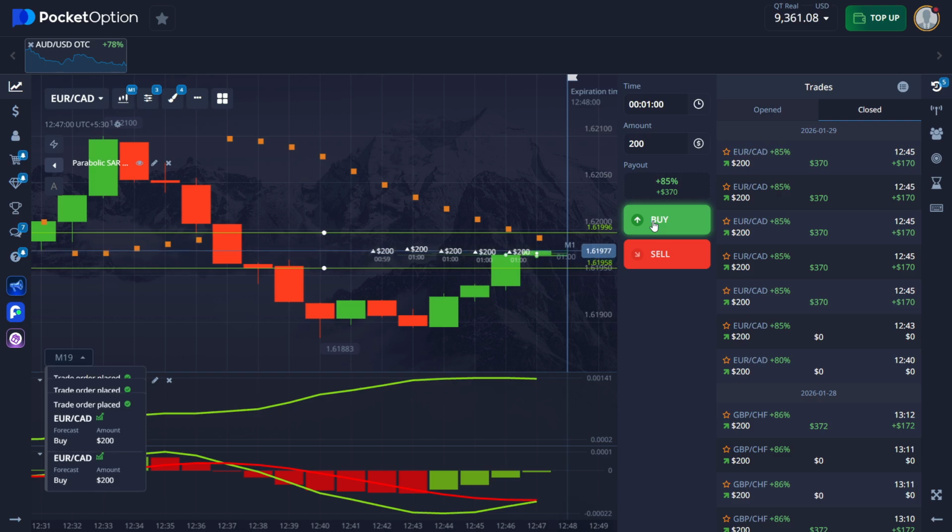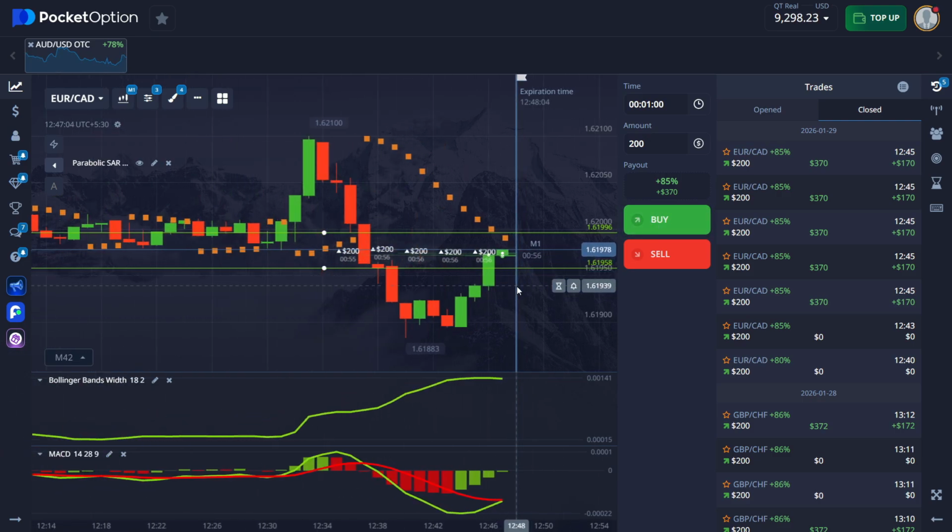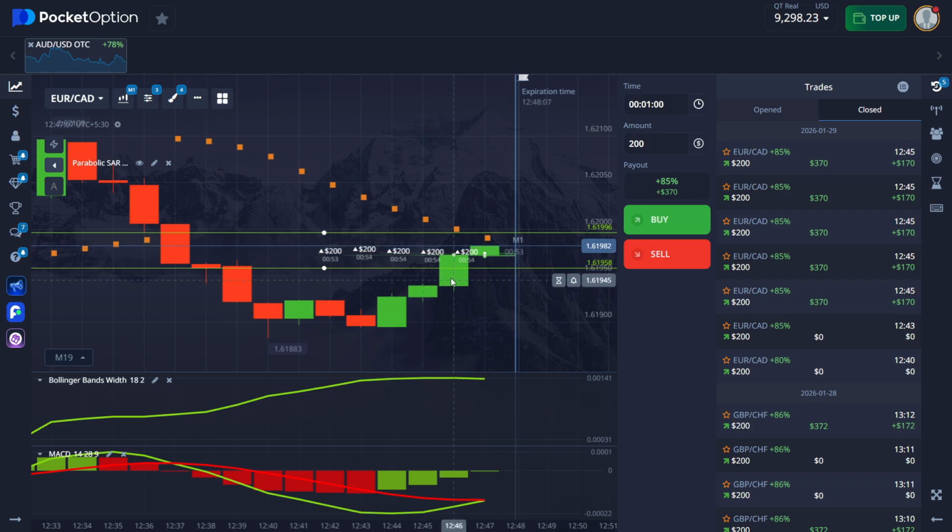All right, I am again placing 5 trades towards the upward direction. The trend will continue to go up, and the candle is formed as a hammer on the resistance point, and it has broken the resistance zone here. So I am pretty sure that this trade will also provide me an opportunity to make a profit again in this Pocket Option trading terminal.